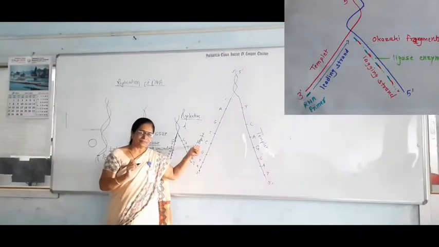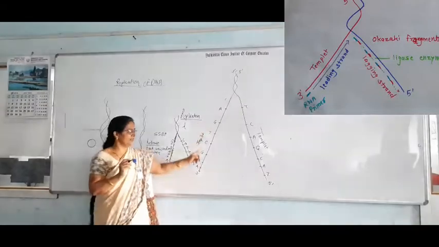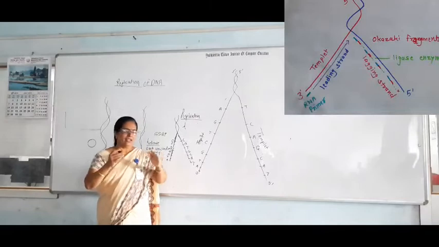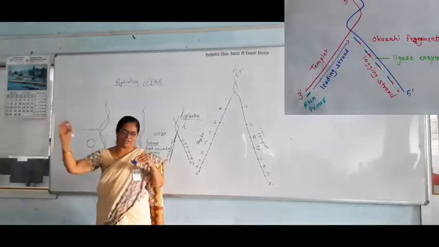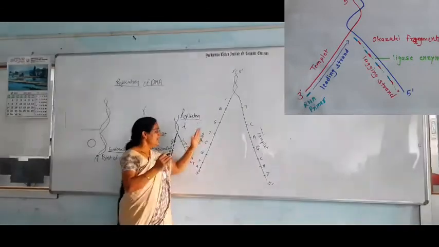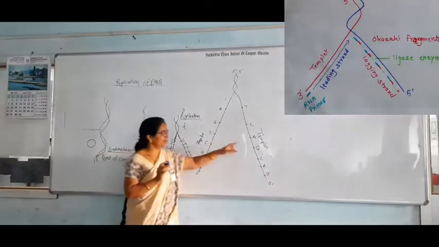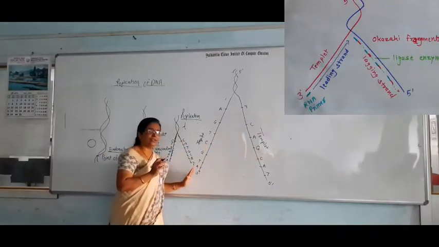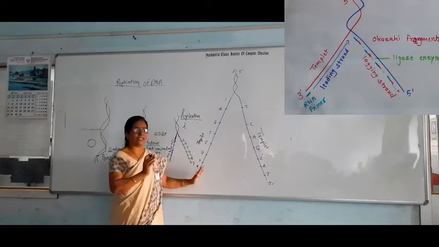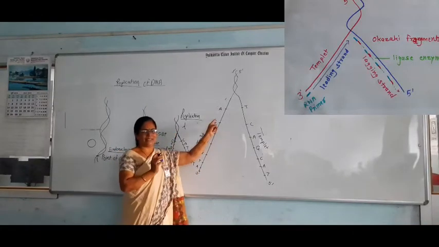Template means half the information is given. Half the information is given, like in your mobile, the templates are present. For example, "Yes, I am in a meeting, I will call you later." "I am in a meeting, I will meet you later." Like this, here half the information is given. That's why it is called the template. So the half information is given, and on the newly produced strand, which nitrogen bases should be present depends on that template strand.